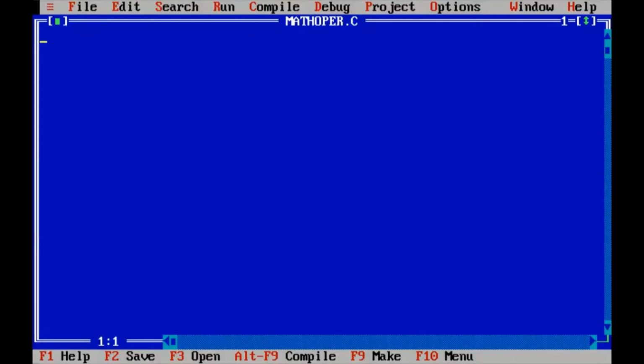So as always, I start the program with a comment telling what the program is going to do. The program to perform math operations. Okay, this is the comment. Remember, a comment always starts with / and asterisk and ends with asterisk and /. So this is the format of the comment.